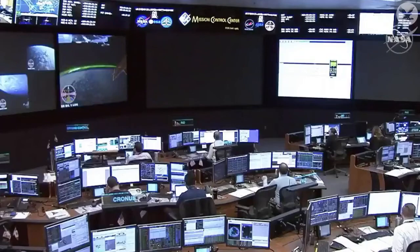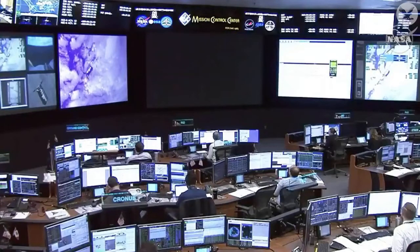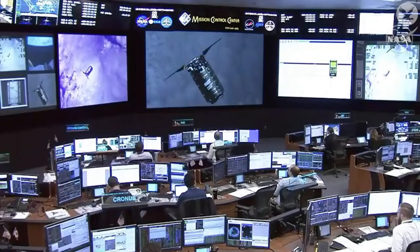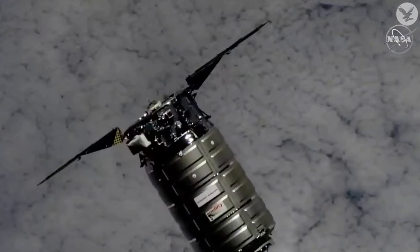and relay satellites. As we orbit the Earth at 17,500 miles per hour, they will come off and on, as you have just seen right here, and we'll get views of Cygnus along the way. Telemetry data is showing that Cygnus is approaching at a rate of just over 0.1 meters per second, hanging out at around